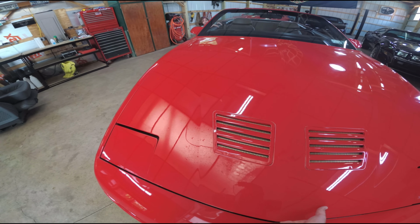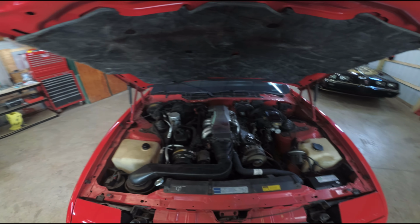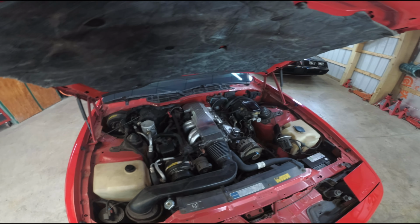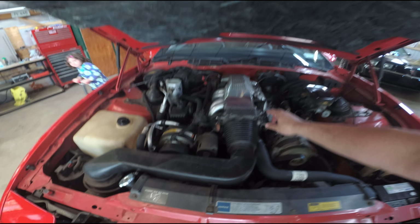And under the hood, we have the 350 TPI in it now. And it's pretty clean. It could use a good polish on the intake there and the runners. And the overall power washing would do it some love. But otherwise...